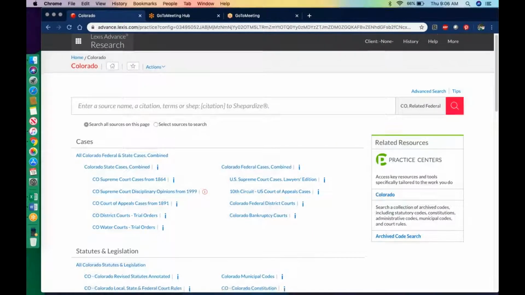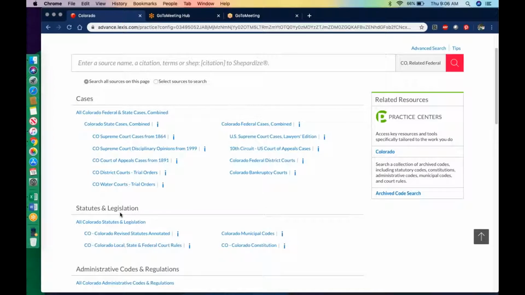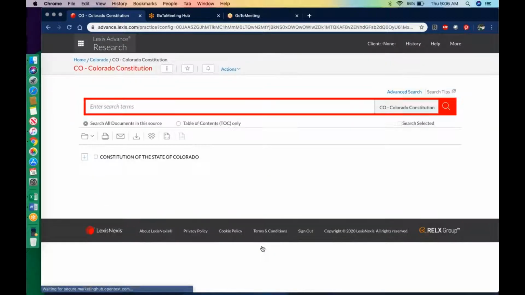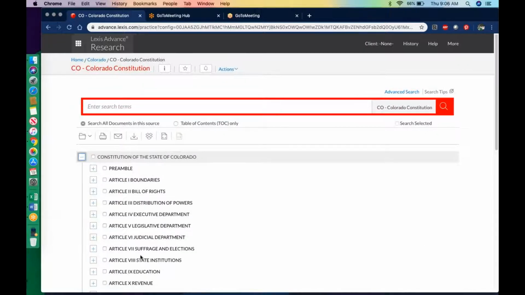And then once you get in here, if you scroll down under statutes and legislation, that's where you're going to find the Colorado Constitution. So now I'm going to click on that. And then you have the Constitution right here. And you can just hit that plus box, and then you can start browsing through the different sections of the